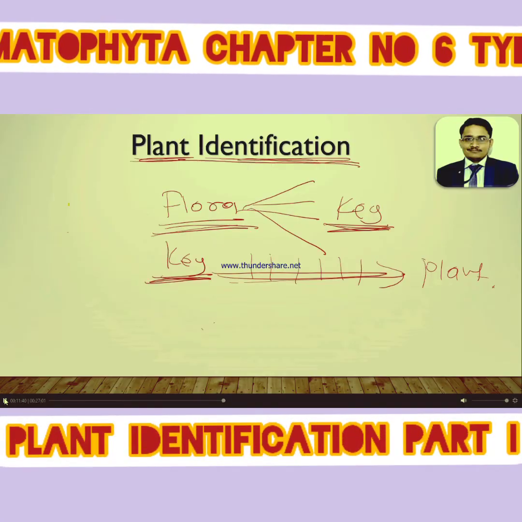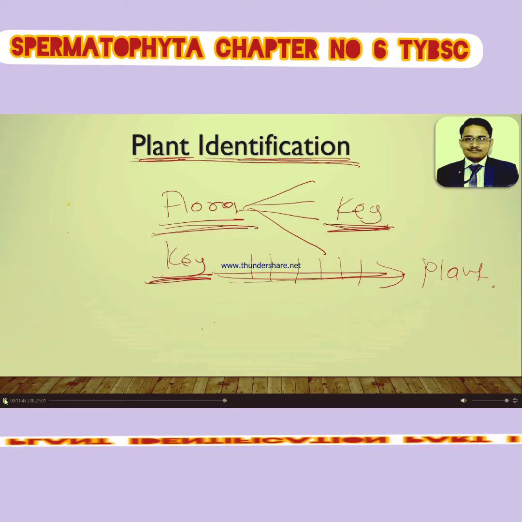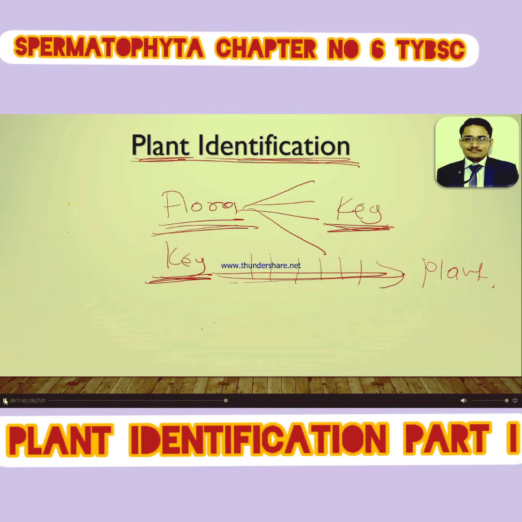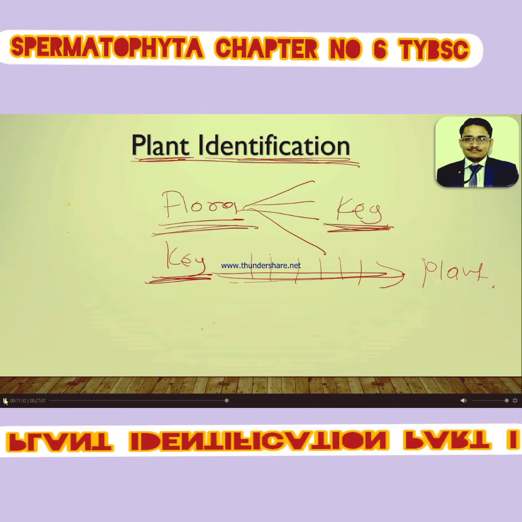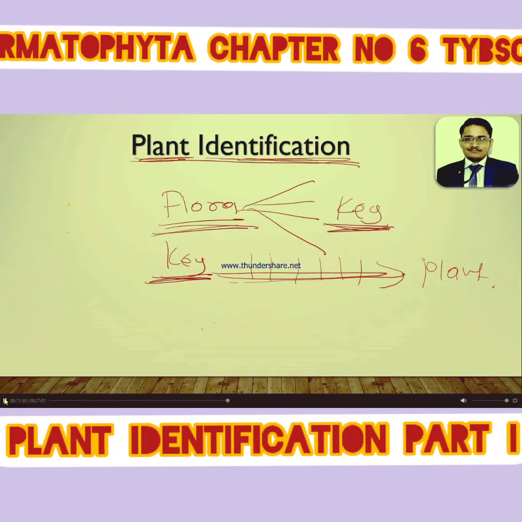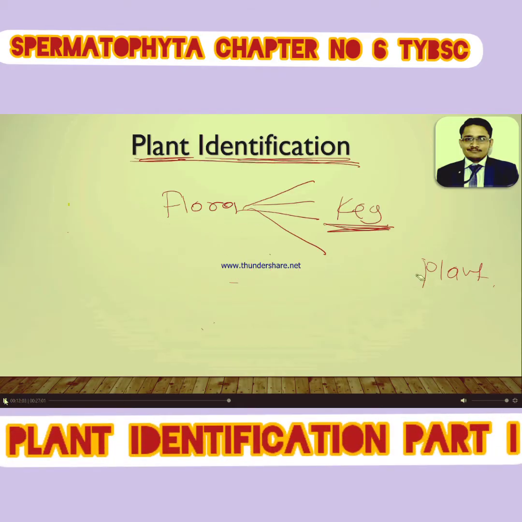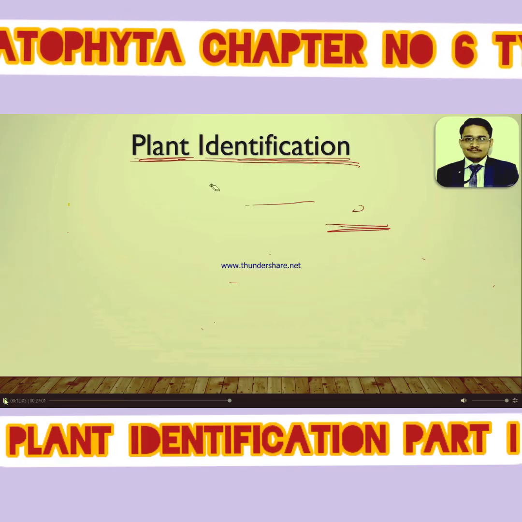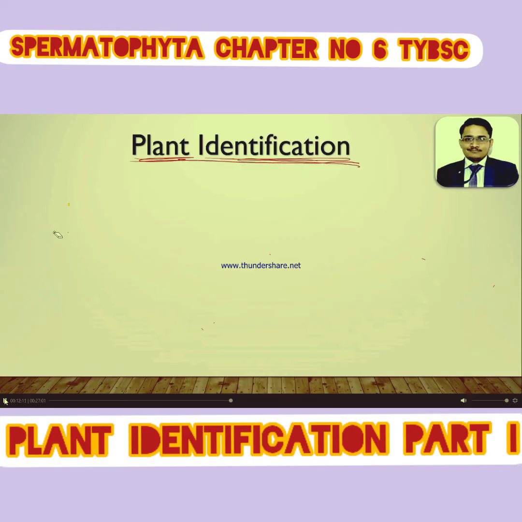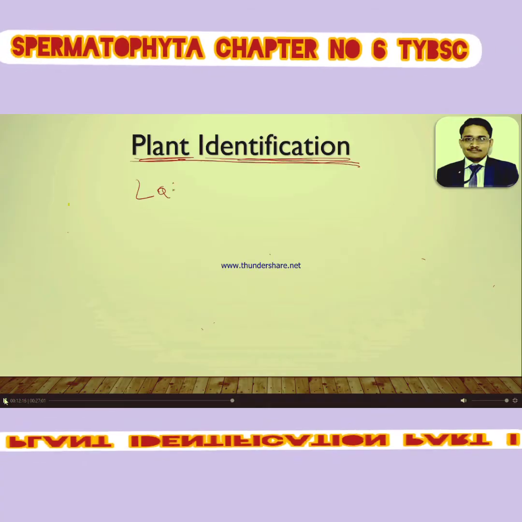That is our definition of plant identification: to identify the plant with the help of matching the unknown species with the known species, and second, with the help of a flora by means of a key, a plant can be identified. That is our today's introduction of plant identification. I hope you are understanding the concept of plant identification. Let's move to the next point in this chapter,